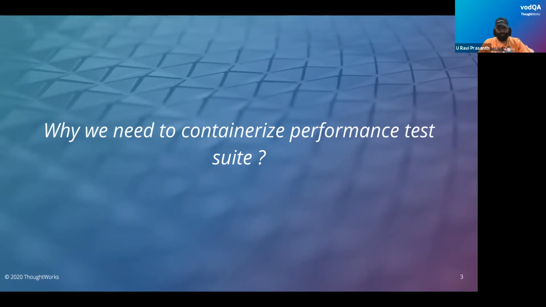Also, the replication of the setup is super important. How quickly can we replicate our setup in each environment, like dev, QA, beta, staging, all those? And that too should be in a very lightweight manner. We cannot run our VM everywhere. That is another advantage of containerizing.